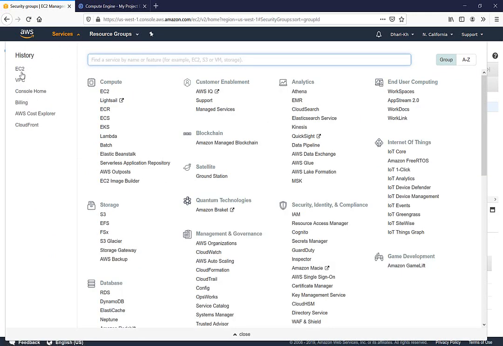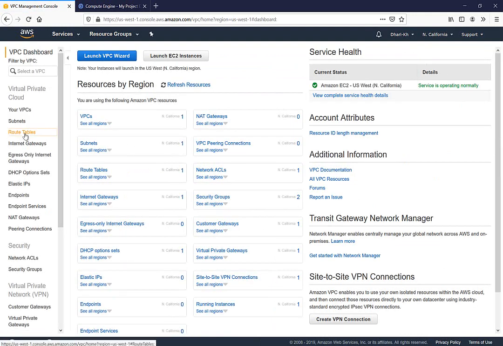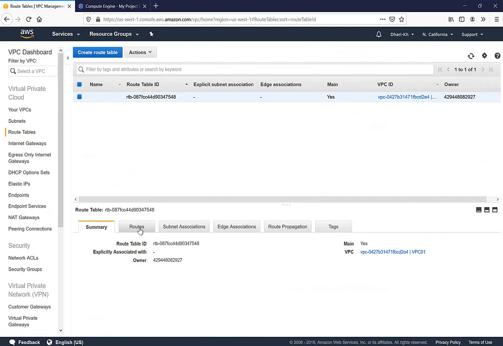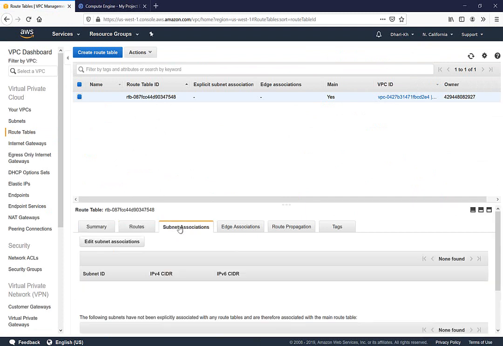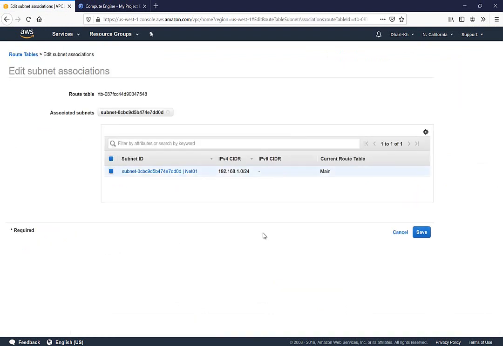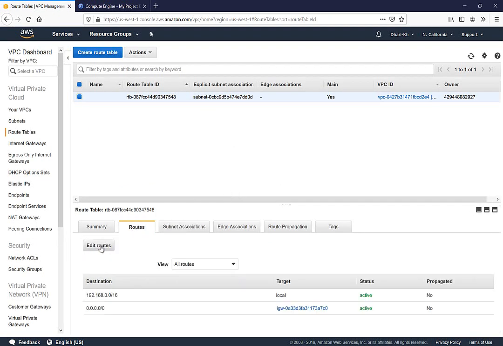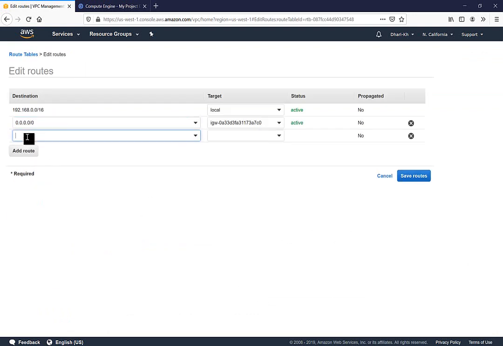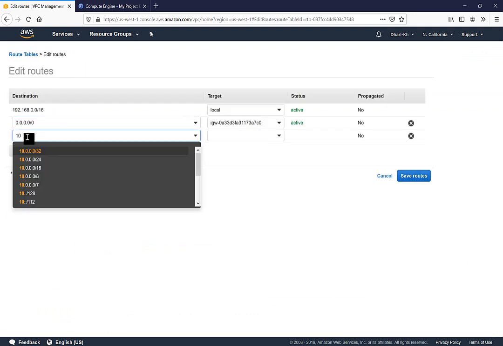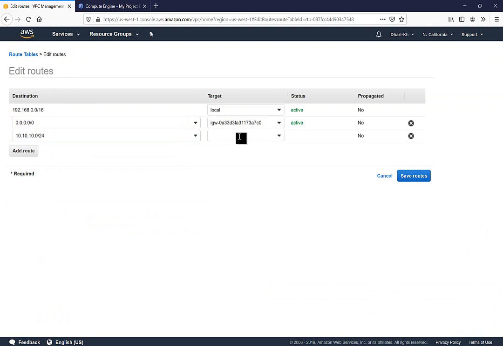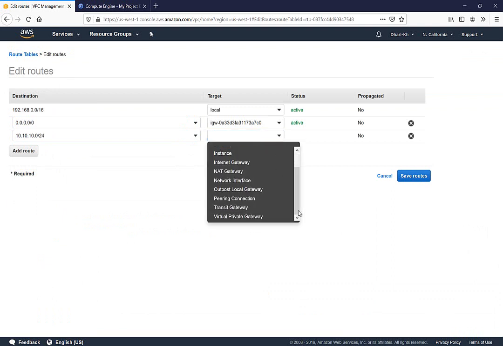The second thing, which is very important, is to go to the VPC and add the route. Go to the route table. Before going to the route, you go to the subnet, associate, and it's better to add the network here, which we need to associate to the route. This is already associated. Go to the routes, edit route, and say 10.10.10.0/24. Please use the virtual private gateway, the VPN gateway,